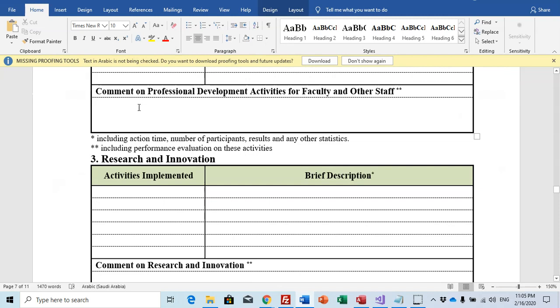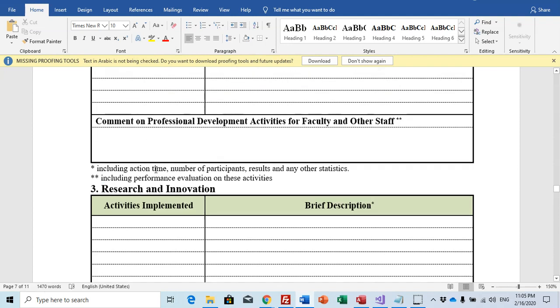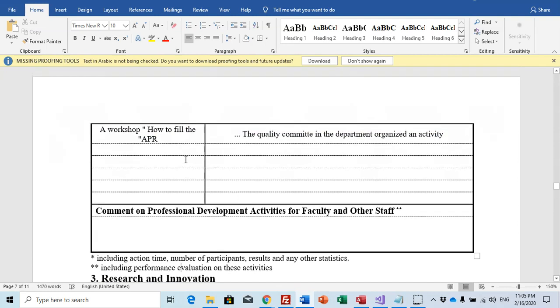Comment on professional development for faculty. Of course, you can include performance evaluation, survey, anything, and write here. Of course, including action time, number of participants, and others. It is just as evidence because you can write anything here. Oh, I organized, I did, but you need evidence.